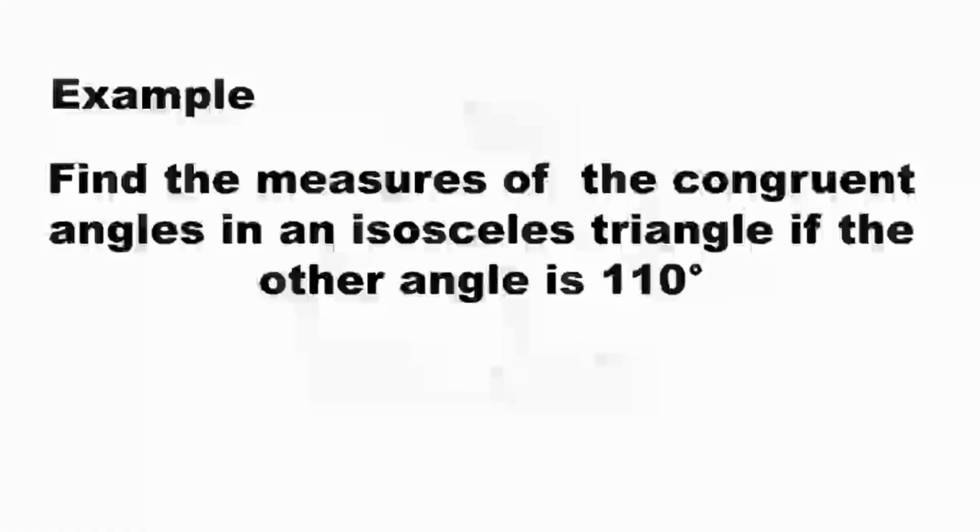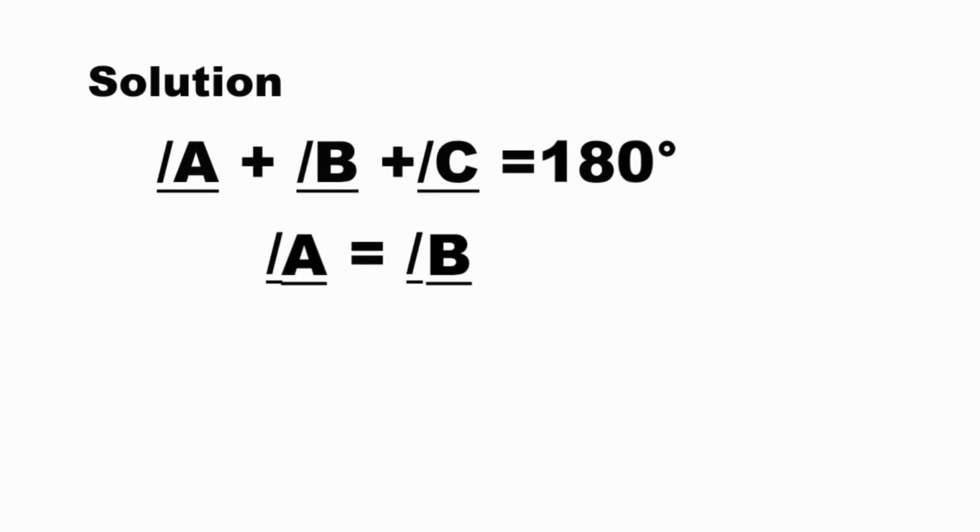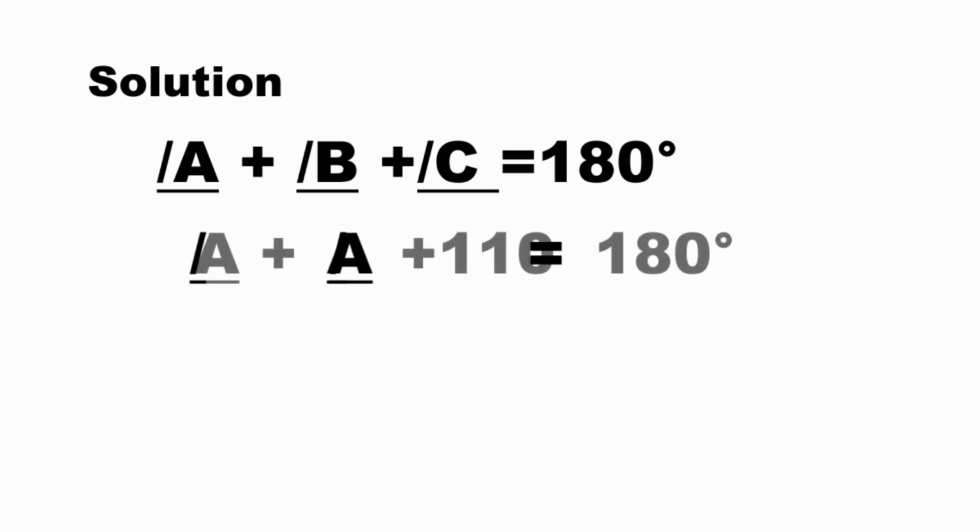Another example: find the measures of the congruent angles in an isosceles triangle if the other angle is 110 degrees. Here is the figure in which angle A and angle B are congruent and unknown while the other angle is 110 degrees. So angle A plus angle B plus angle C is equal to 180, in which angle A is equal to angle B. Substitute angle A for angle B since they are equal, so angle A plus angle A plus 110 equals